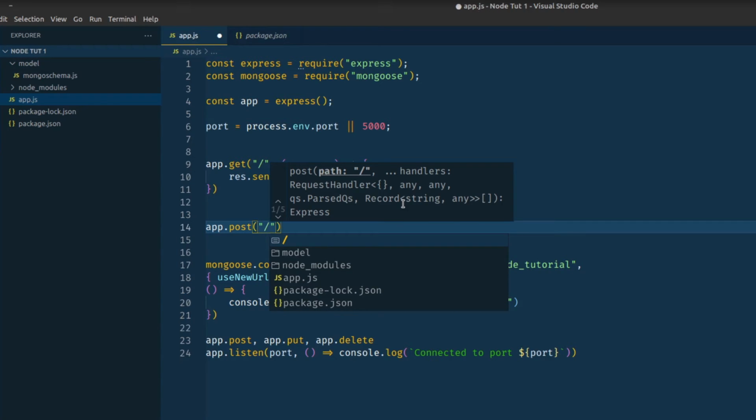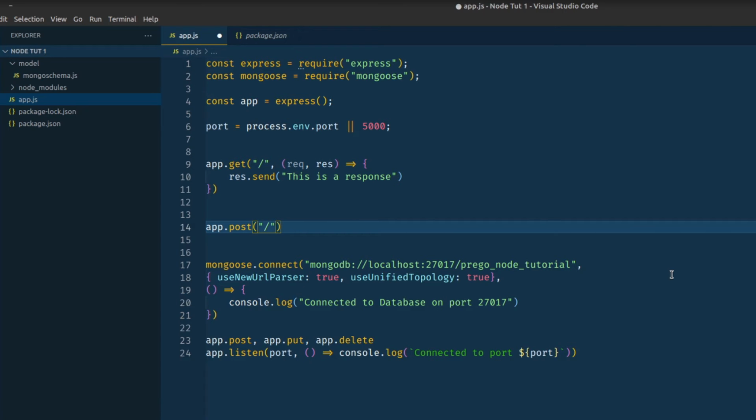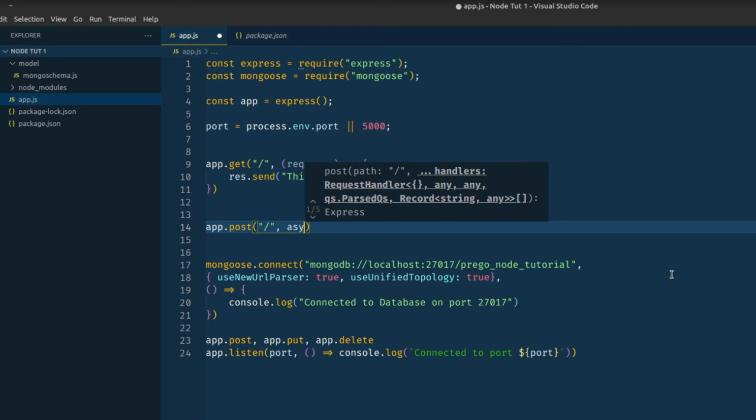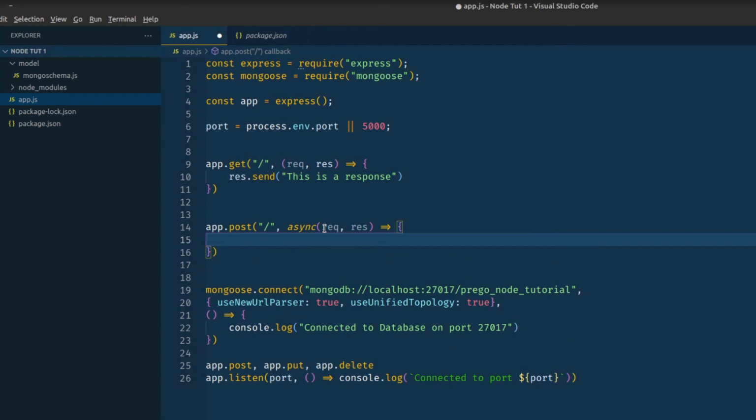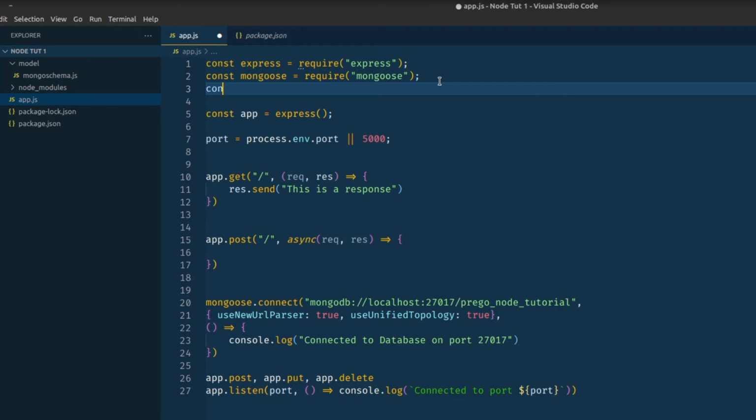So let's write app.post, comma. Let's give an asynchronous function of request, comma, response. Now we are giving it asynchronous because there might be too many requests at the same time. So let's give it asynchronous so that it doesn't give you any errors. Then create a function. We need to specify a constant, but before that we need to say constant post equals